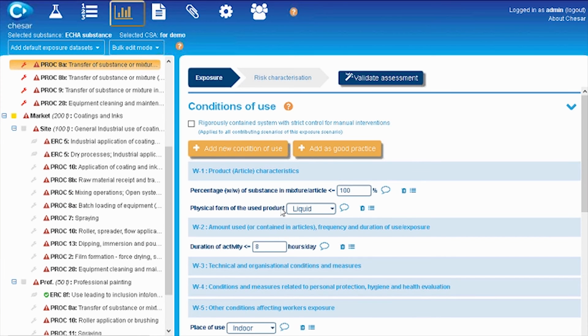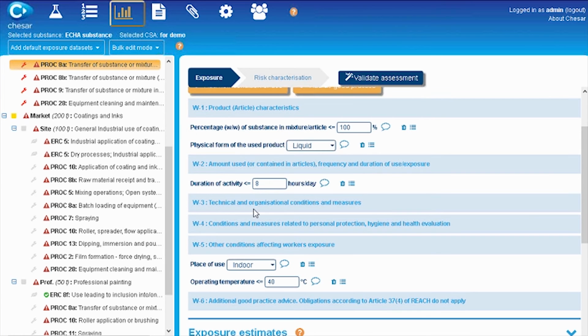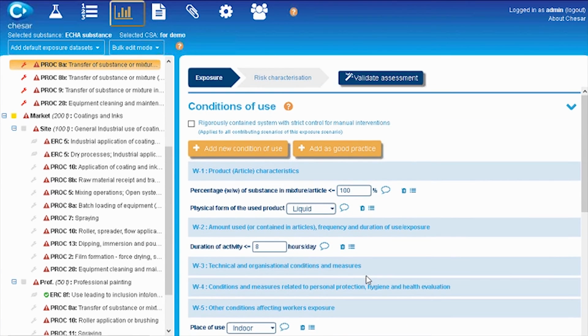And as you will see, there is the default plugged-in condition of use, which I mentioned earlier, and there is no exposure data set, nothing. So it's the starting point for the assessment for each contributing scenario. Now, what I would like to do is to include by default a TRA-based exposure data set for all the